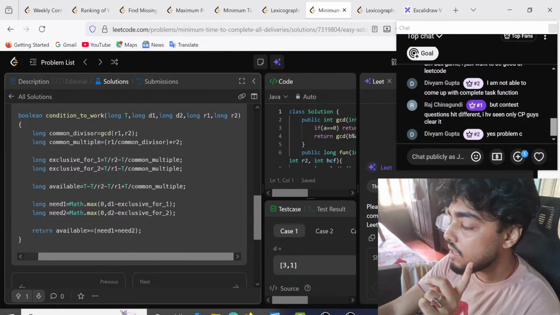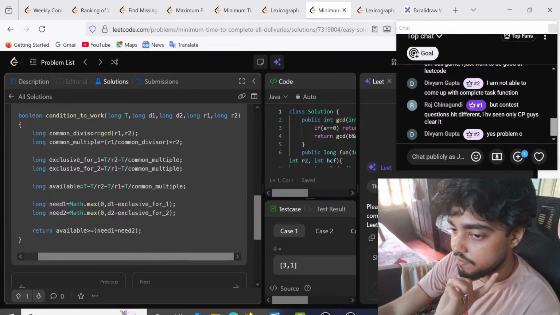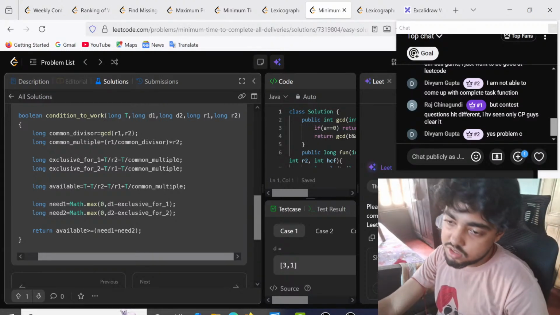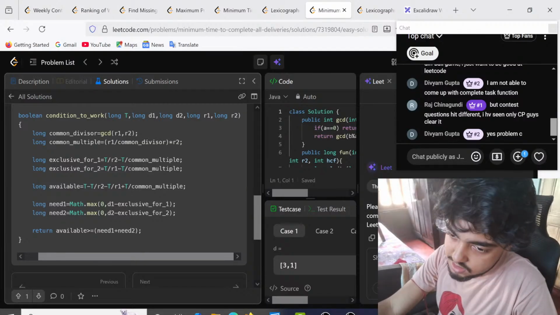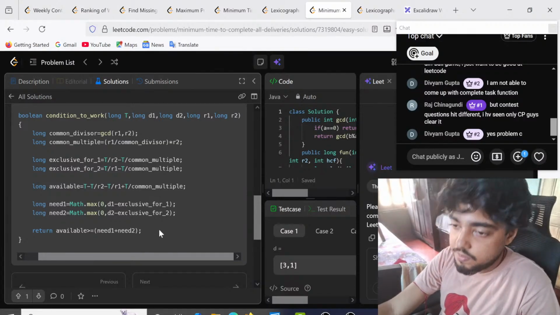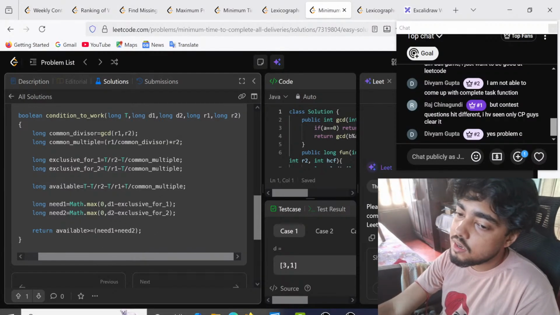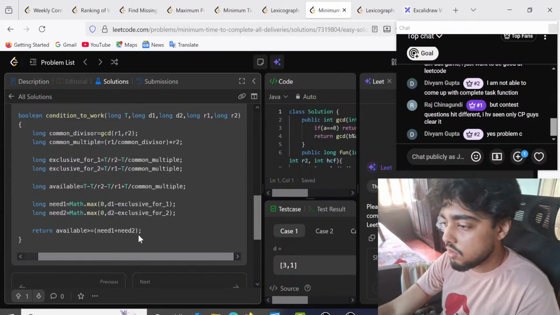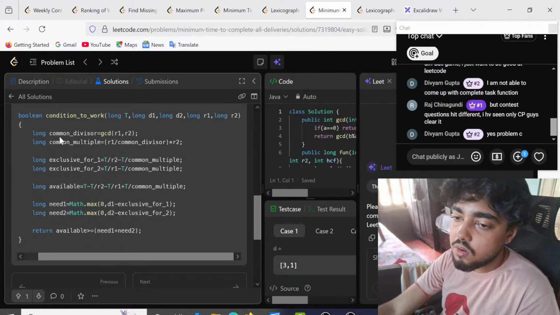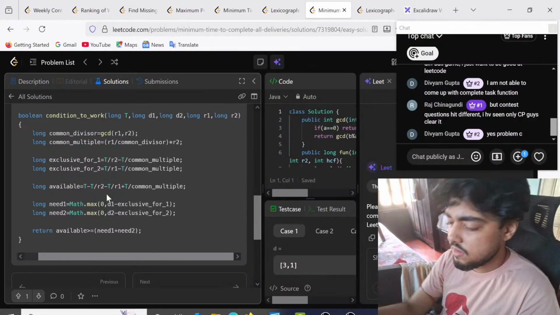So D1 can use them. Since D2 was charging, D1 can use them. So D1 minus this, and D2 minus the opposite thing. If available is greater than or equal to need1 plus need2, then you can return. What is available? You know, available is nothing but